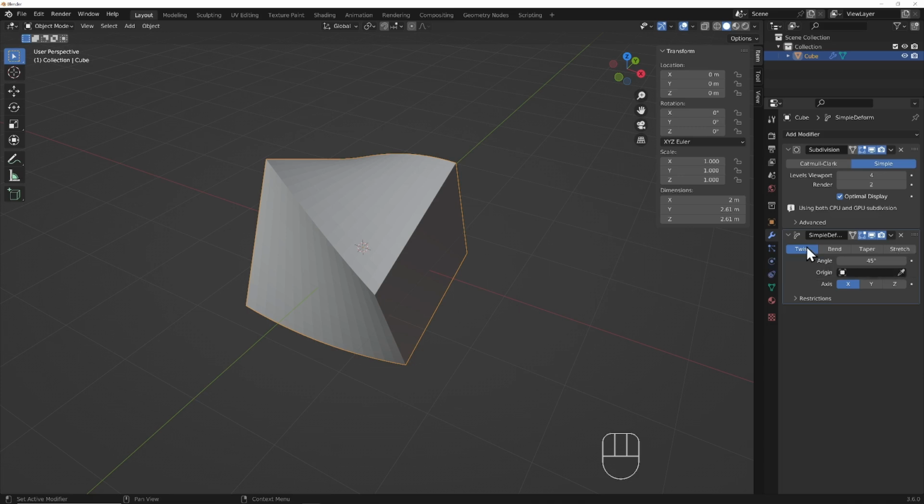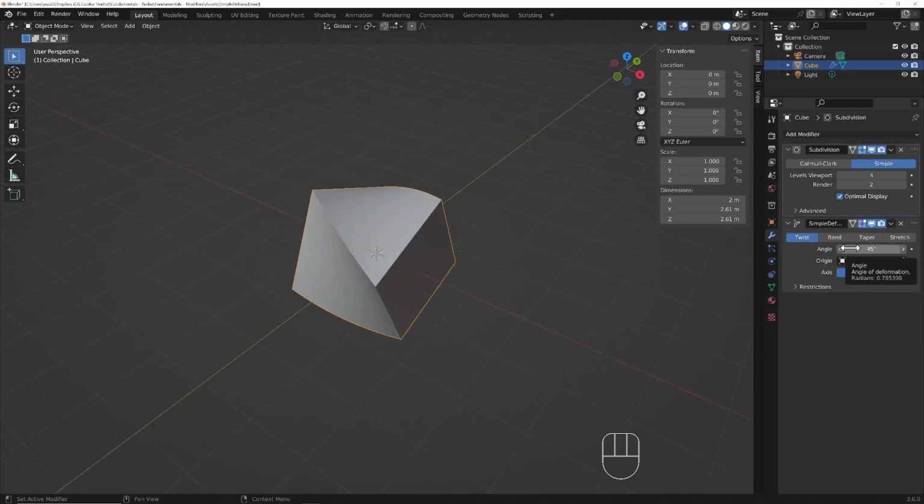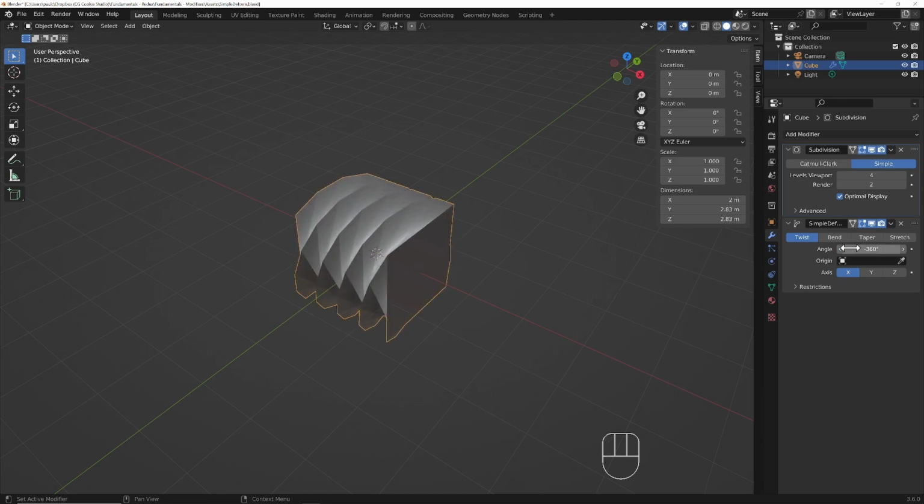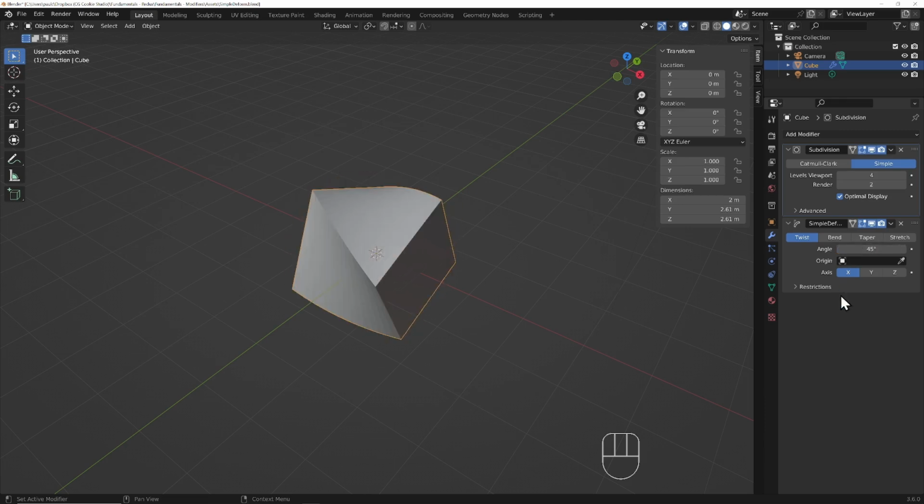We'll begin with twist. By default, the angle is set to 45 degrees, and the axis it is twisting the object around is set to X. The angle can be increased or decreased between 360 degrees and negative 360 degrees. You can change which axis to twist the object around,